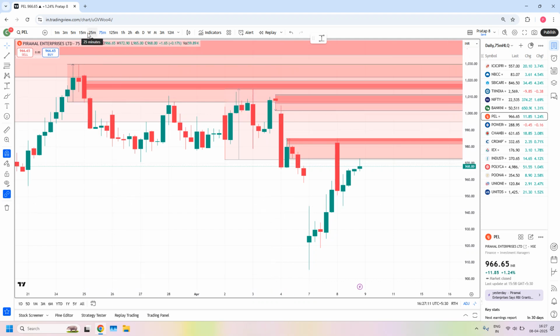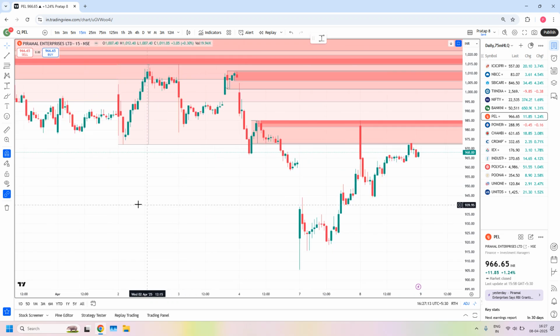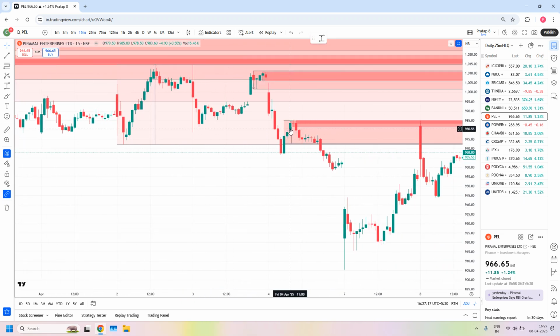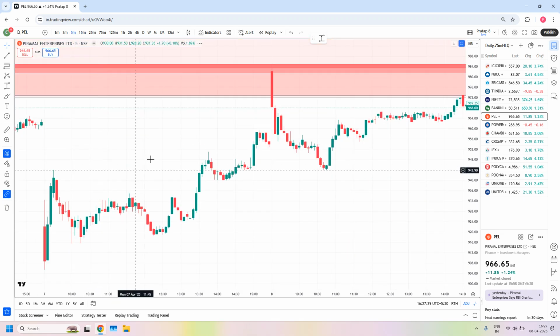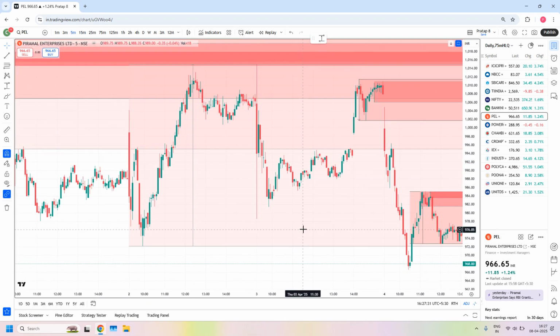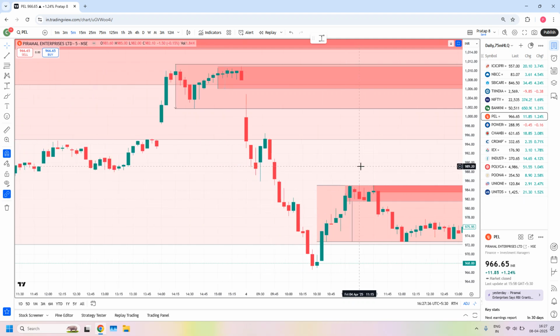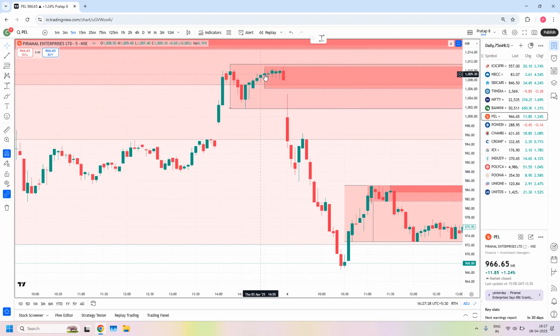Now fine tune these 75 minute zones with 15 minute zones. Here you have a rally, base, drop and follow through candles, the 15 minute zone. Here also you have a rally, 2 base candles and a drop candle. Again fine tune these 15 minute zones with 5 minutes time frame. Here you see perfect zone, rally, base, drop. And here also